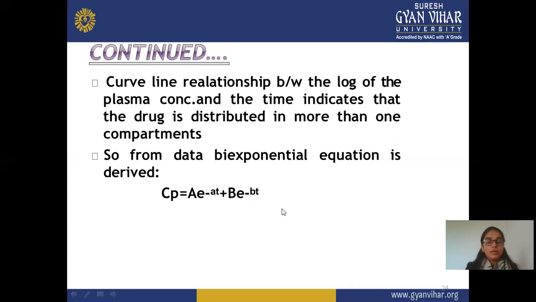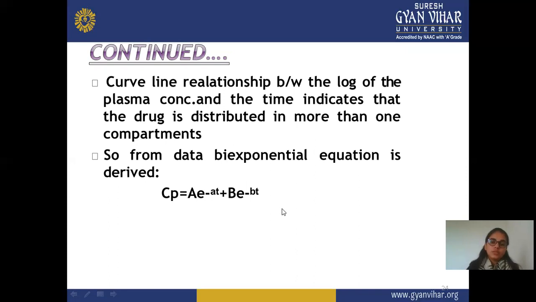more than one compartment. Means if the curve line is showing a log form of the plasma curve line, then we can say that more than one compartment is involved for drug distribution or showing the effect. And in this, we are plotting the graph. In this graph, we are plotting the plasma drug concentration versus time, that is, how much time is required for showing the particular effect in your body or how much drug is present in your plasma concentration.